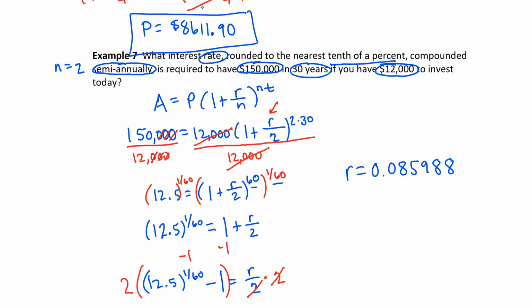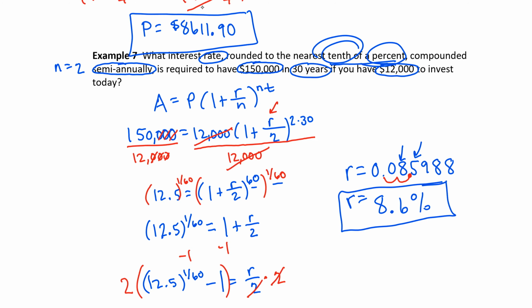This is a decimal form. In order to quote it, we need to express it as a percent. To go back to a percent, we move the decimal 2 places to the right. And remember, when we're done, we're going to round to the nearest tenth of a percent. So there's my ones place. My tenths are right here in this spot. I'm going to round it to